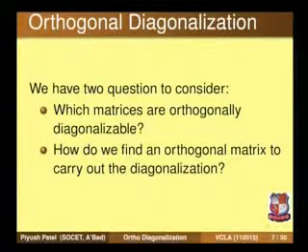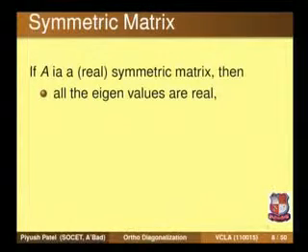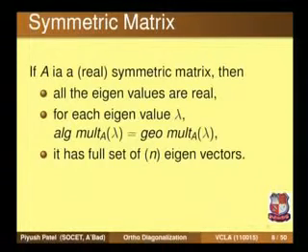In order to answer the first question, let us see some facts. The facts are about symmetric matrices. Let us discuss the symmetric matrix. A matrix is a real symmetric matrix; here all the matrices are real matrices. If a matrix is symmetric, then one thing is for sure: all the eigenvalues are real numbers. The second property of a symmetric matrix is that for each eigenvalue lambda, the algebraic multiplicity and the geometric multiplicity are the same. And the third property of a symmetric matrix is